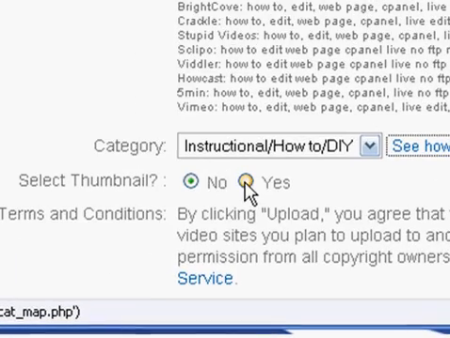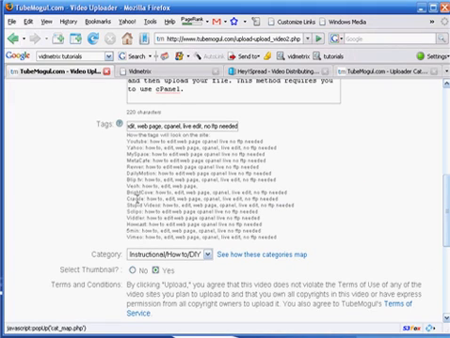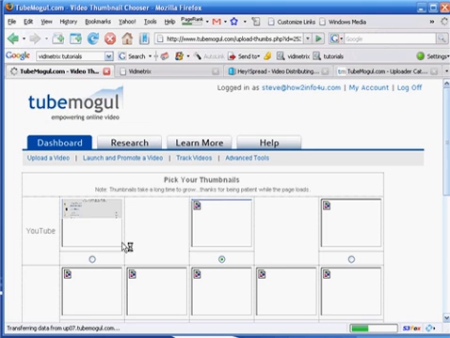Now that's another thing too that TubeMogul has just allowed us to do, is to select our own thumbnail, unlike YouTube, where they just get the image right at the very center of your video length. Clicking upload, you agree. Okay, yeah, upload. Now then, it's going to bring us to the various